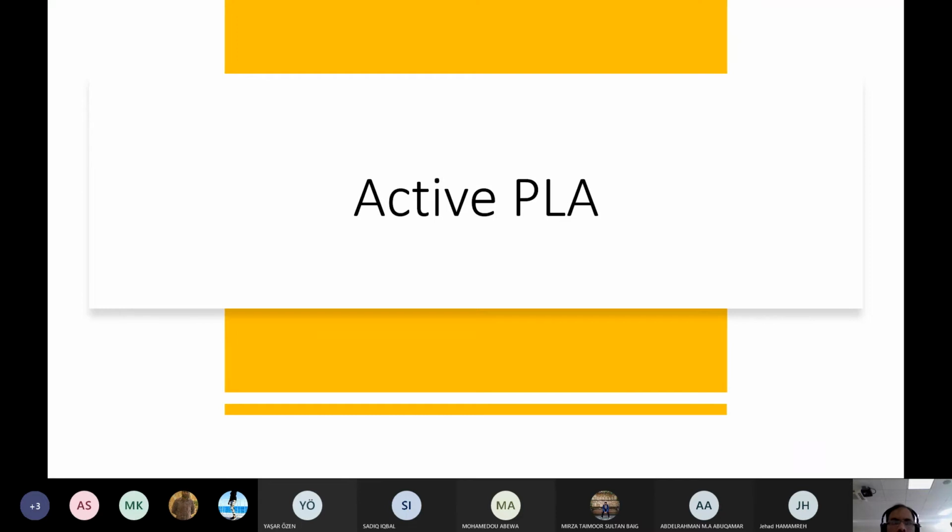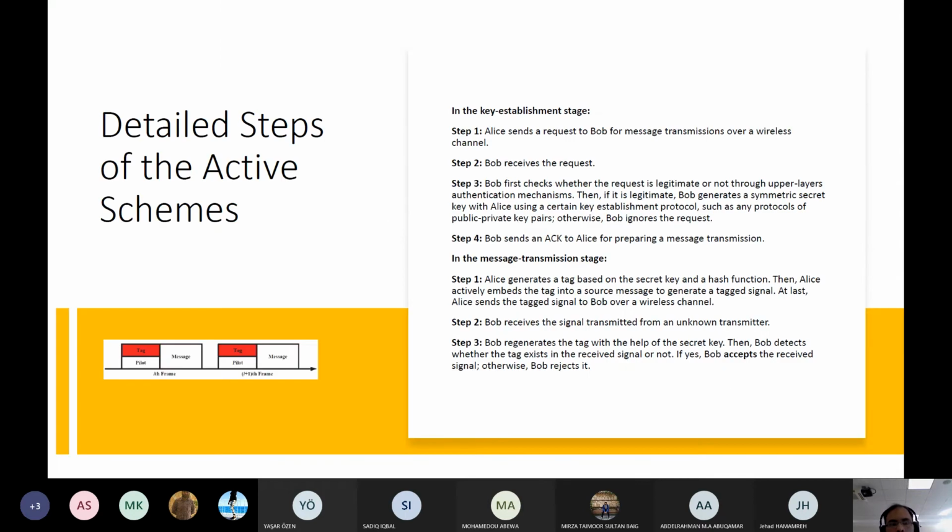For example, if the channel is changing and you are not doing tracking, your channel-based authentication may not work. In such cases, active physical layer authentication can help us. So what is the basic idea here? I also summarize the basic steps, in two stages: the first stage and the second stage.